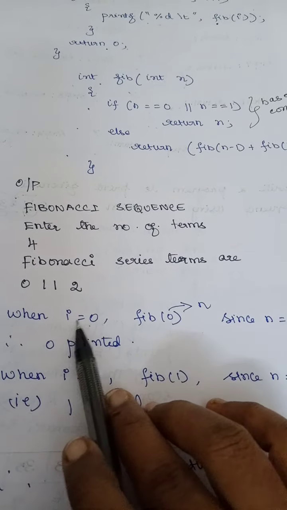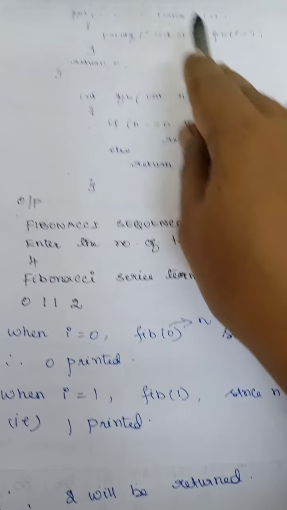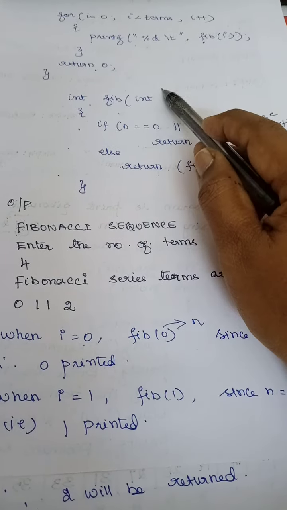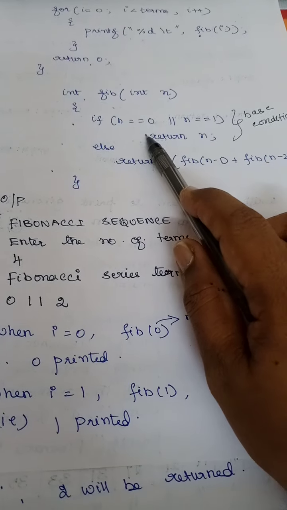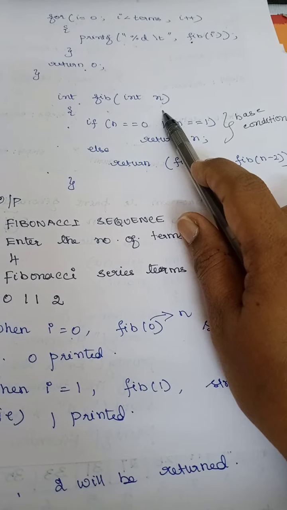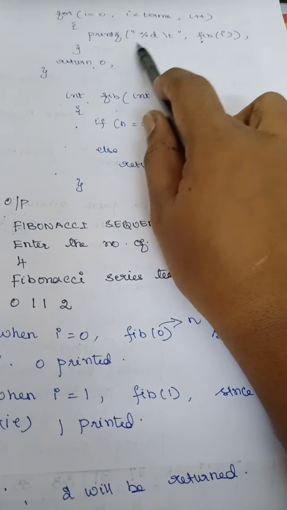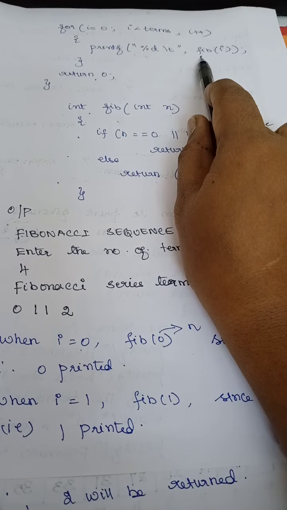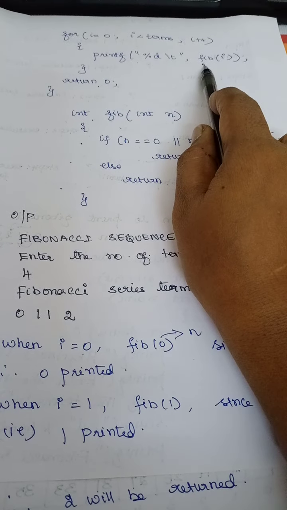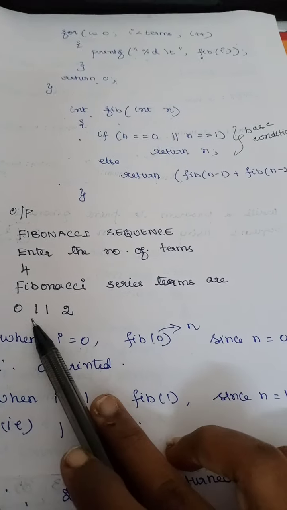Now when i is equal to 0, for the first i equal to 0, I am calling the function fib of i, so my n is equal to 0 here. When n is equal to 0, what happens? I should return n. What is my n? n is 0, so I will return 0. In the printf statement, from here only I am calling the function, so the control will be returned here. So the 0 will be printed here, right? Now first term I have got.